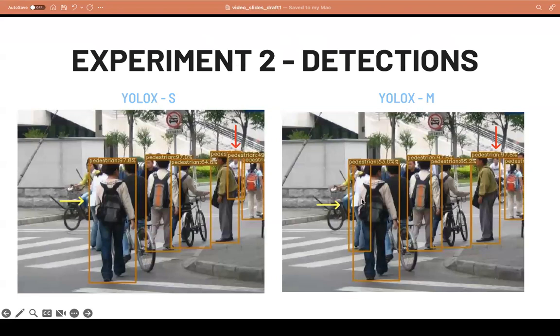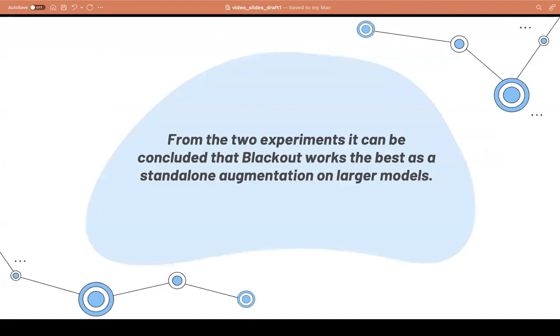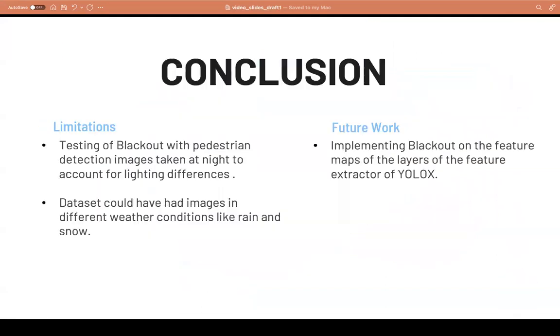This can also be seen in their inferenced images, where YOLO XS has not detected a pedestrian over here, and it has also misdetected a cyclist as a pedestrian, while for YOLO XM, these errors are not seen, and it's pretty much accurate. So from both the experiments, it can be concluded that Blackout works best as a standalone augmentation on larger models. The limitation of this project is that most of the data set contains images taken in the day